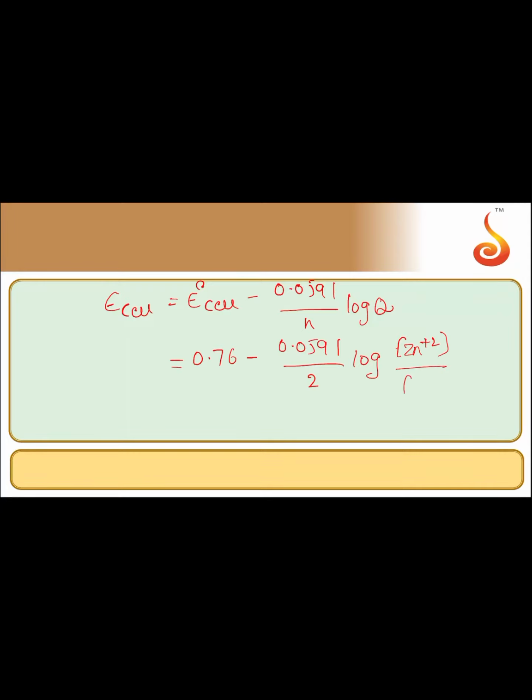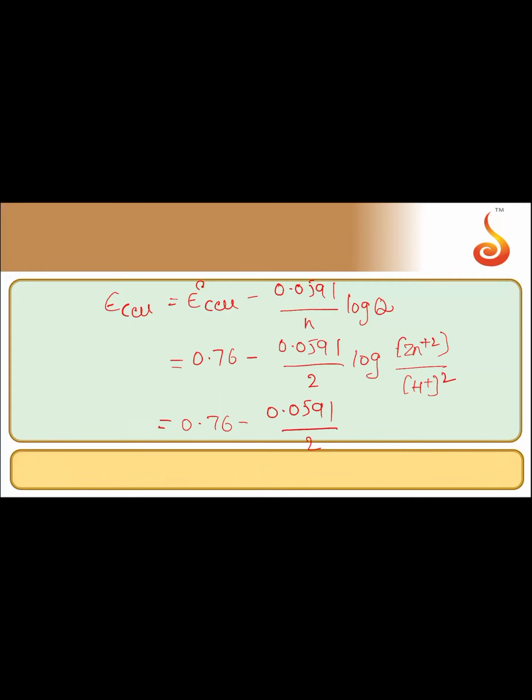Okay, now take the Nernst equation. E cell is equal to E naught cell minus 0.0591 by n log Q, is the Nernst equation. E0 cell value we calculated, that is 0.76, minus 0.0591 by n value is 2. We can observe in cell reactions, and Q is Zn2+ by H+ ion concentration power 2, that is equal to 0.76 minus